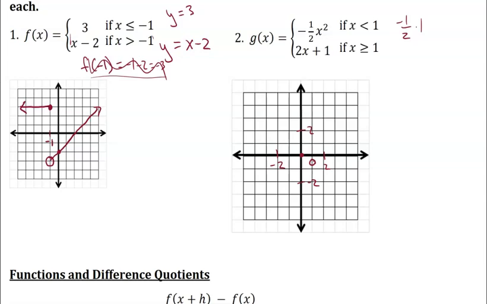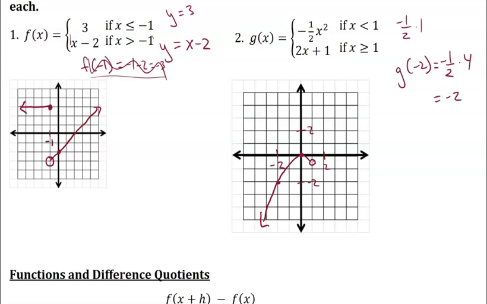So this parabola, I'm going to plug in negative 2. Okay, I'm picking negative 2 because when I divide by 2, I want to get an integer. So if I plug negative 2 into that, g of negative 2, I get negative 1/2 times negative 2 squared, which is positive 4, which is negative 2. So I have a point at negative 2, negative 2. Okay, so I have a parabola right here. Again, not to the right, because then we switch to this domain, but that's what the left side looks like,